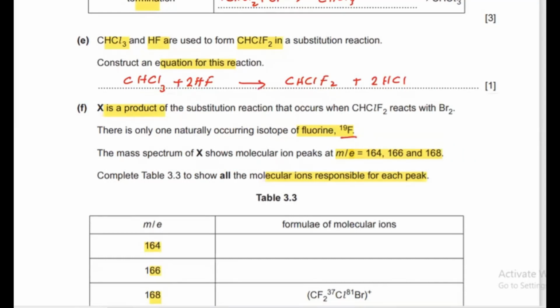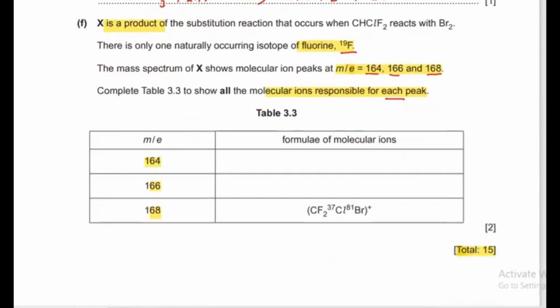The mass spectrum of X shows molecular ion peaks at 164, 166, and 168. Complete table 3.3 to show all the molecular ion peaks for each peak. Now there are different possibilities. So for the formula of the molecular ions, we have the mass per charge values 164, 166, and 168. There is an idea in this question as well that